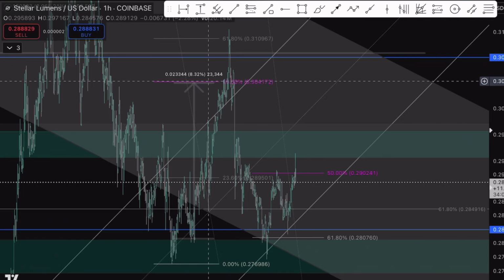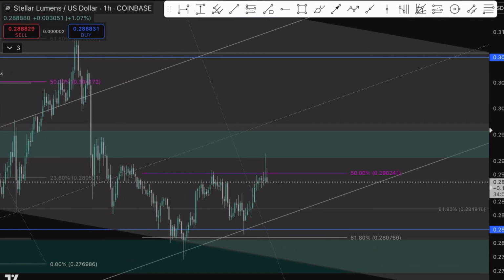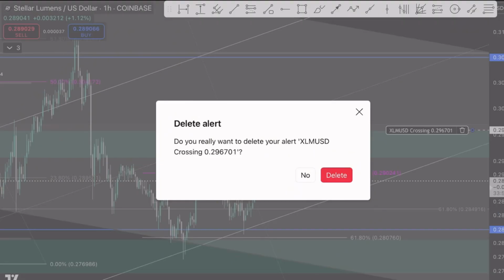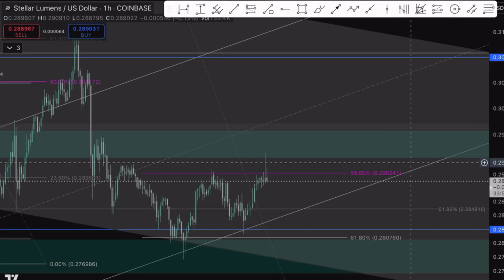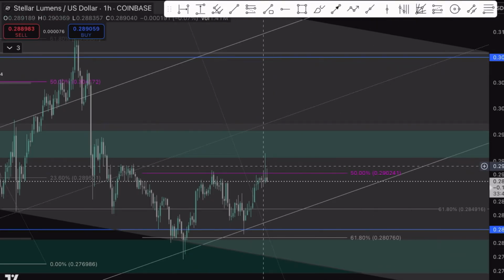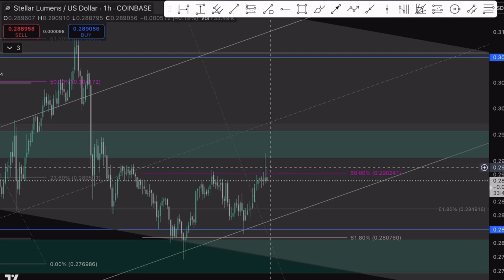So it's doing the same thing. It rejected off of this 50% level right now. I probably can move my alert down to above this last candle and